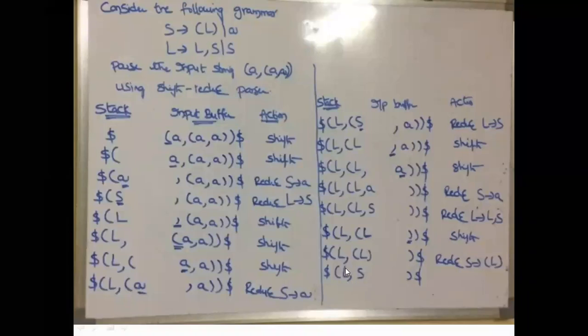This L comma S is replaced with capital L. So in this one, dollar L comma S is open brace L, and so we are pushing this into the stack. Then the next statement, dollar open brace L closed brace, and we are performing the reduce action with S. Then finally we are getting dollar followed by the start symbol S. Then the input buffer having dollar, we are performing the accept action. Okay, so that is the given input string which is accepted by the given grammar.